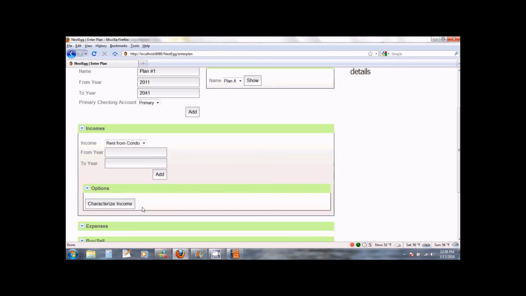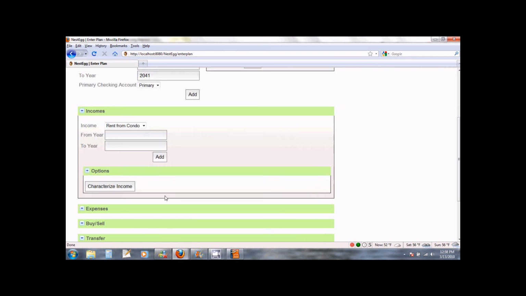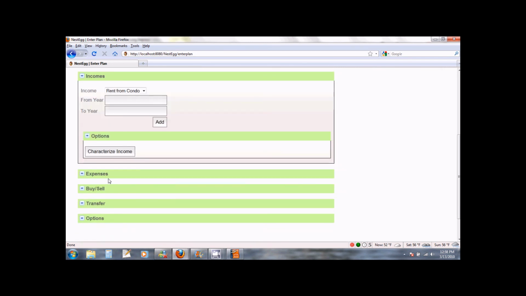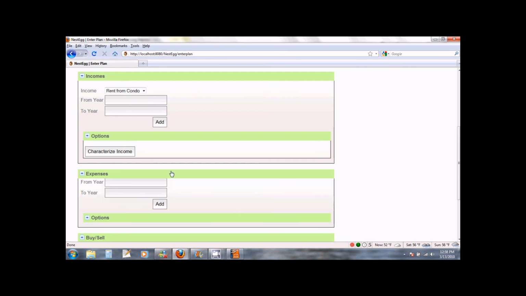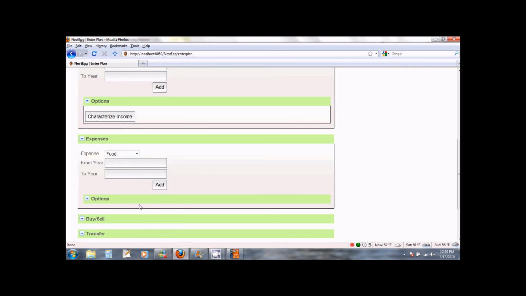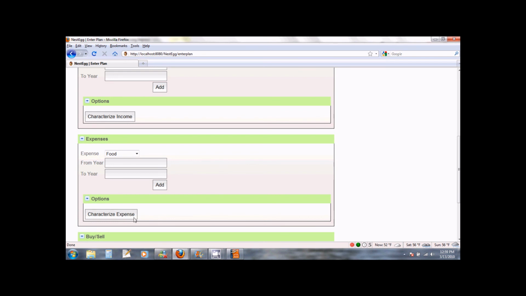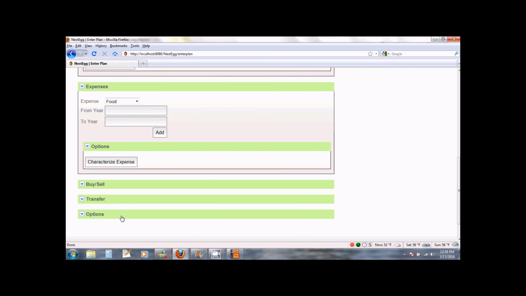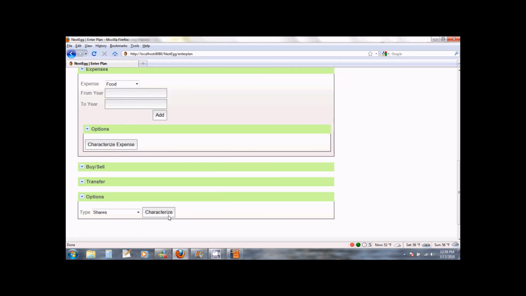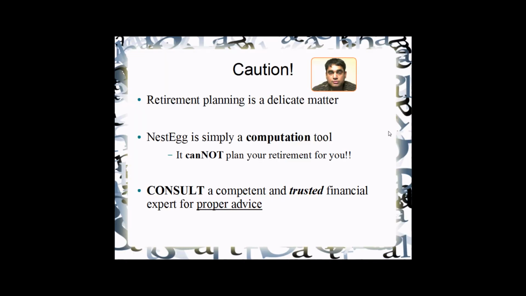You can do this by clicking on the Characterize Income button. Similarly, before you enter your expenses, you need to characterize your expenses, and you can do that by clicking on the Characterize Expense button. Finally, you need to characterize your assets before you can use them in your plan, and you can do that by clicking on the Characterize button under your options.